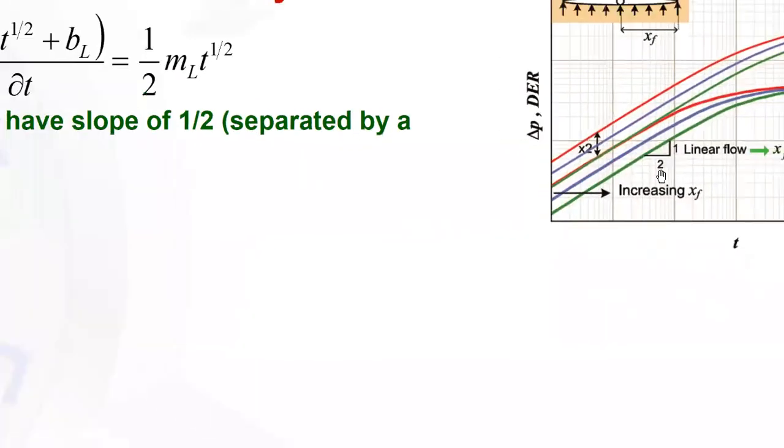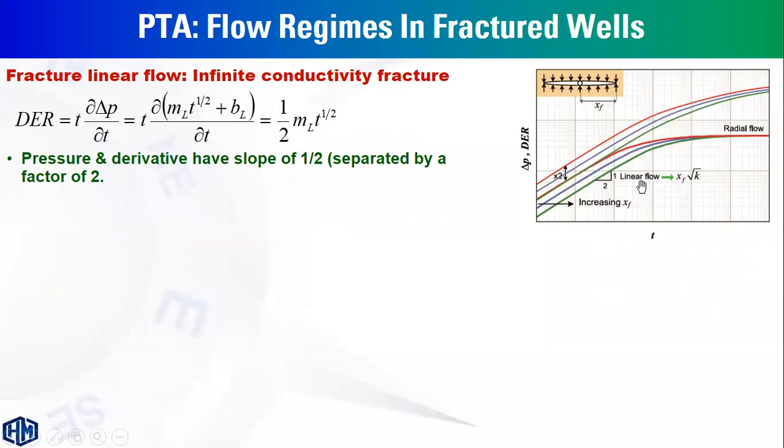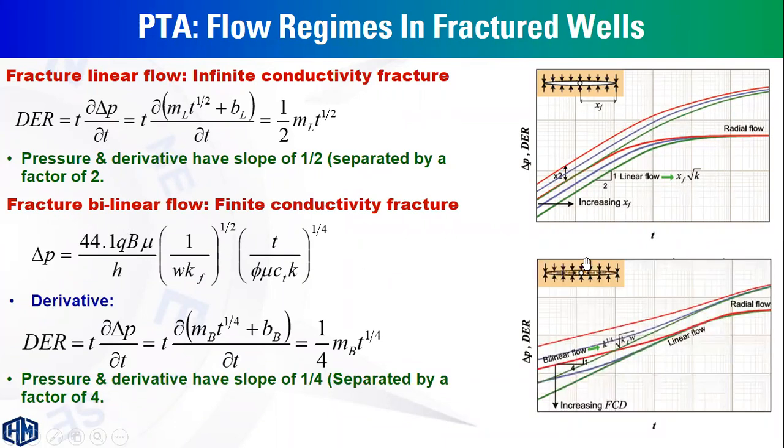You will have, as confirmation of linear flow, according to this equation of the derivative, a slope of half. But during fracture bilinear flow, the pressure difference and the pressure derivative will be parallel, and the slope in that case will be a quarter slope,